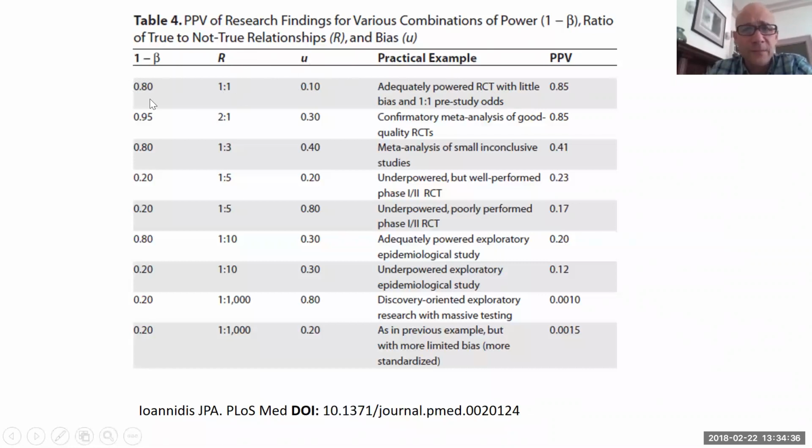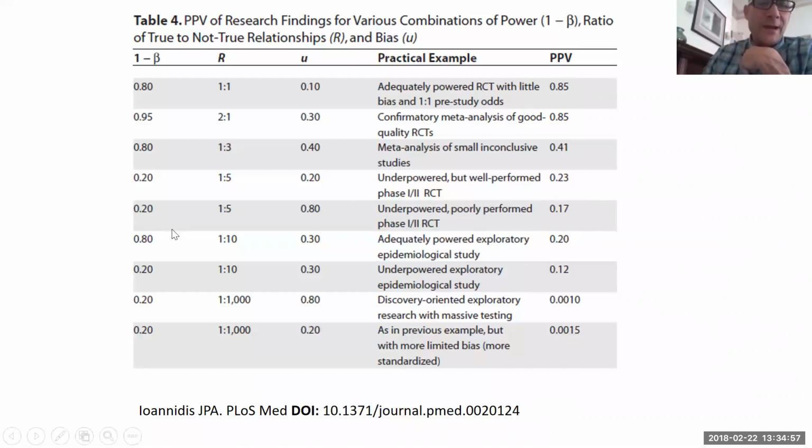So when you do the simulations with these inputs, you get a positive predictive value, in other words, a post-study probability, of 85%. So it's unlikely this is a false positive. So this is a confirmatory randomized trial. Unlikely it's a false positive. But if we go down to this row here,